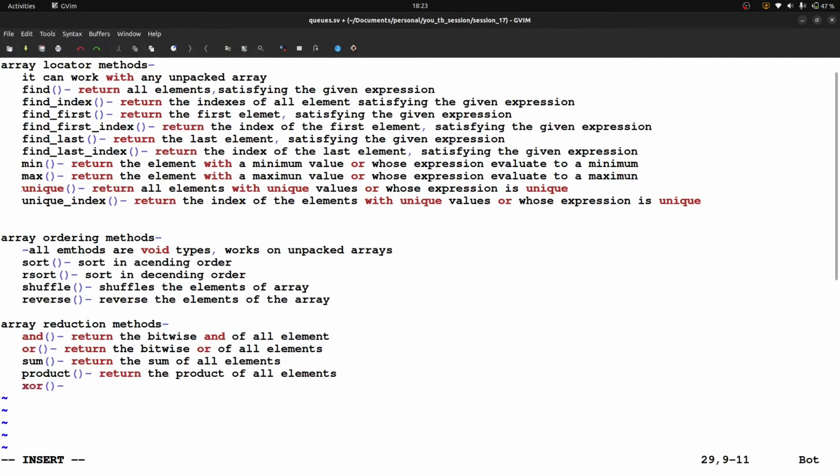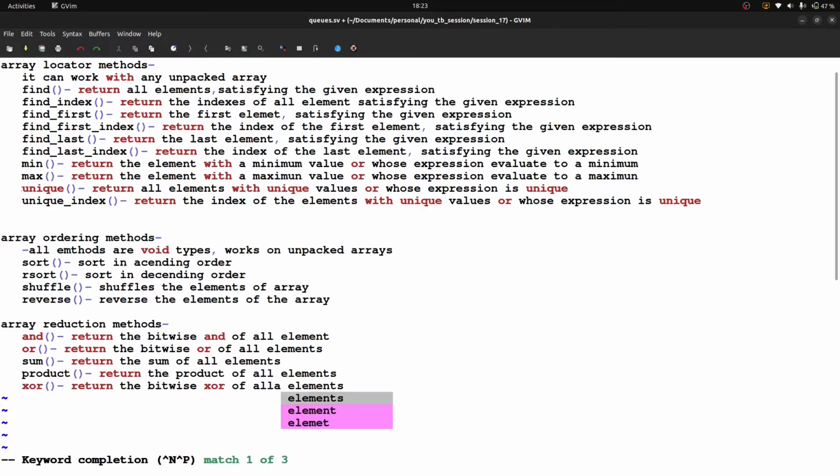So return the bitwise XOR of all elements. So till now we have discussed three kinds of methods. First one was array locator methods, right?